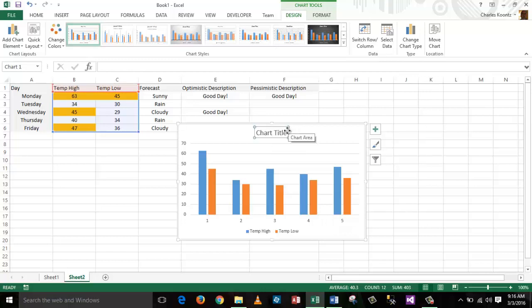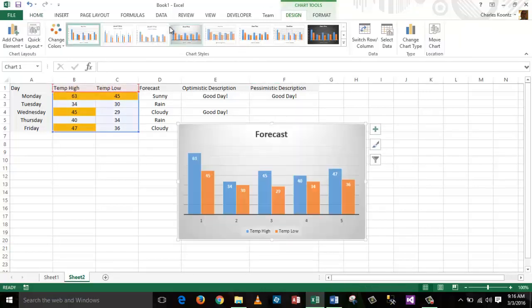I can change the chart title, and I'll change it to forecast, which is what it was previously, and I might want to spell that right. Okay, so change that to forecast,